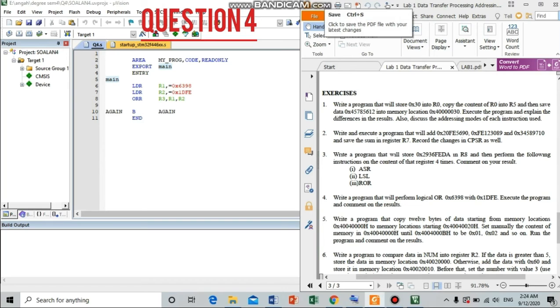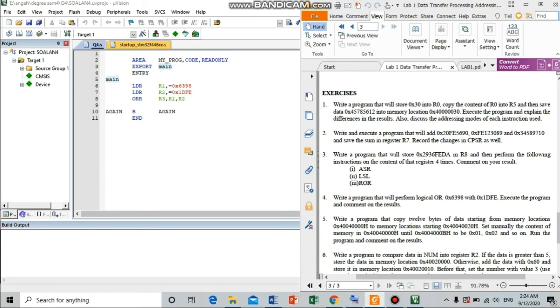For question 4, we are asked to perform logical OR. In this program, I use LDR, which is to load 0x6398 into the register R1, and load 0x1DFE into the register R2, and ORR to perform the logical operation OR on R1 and R2 and save into the register R3. So from this you can see that